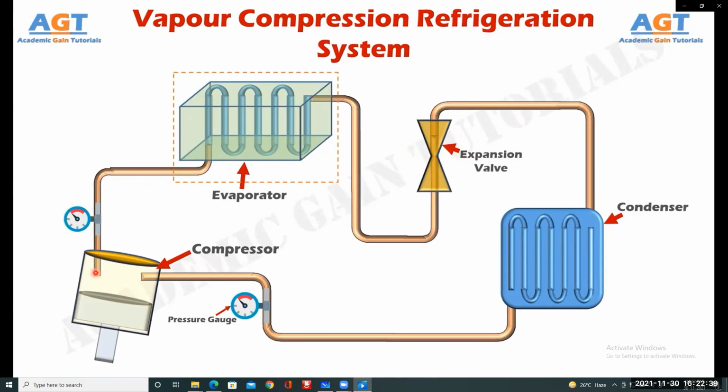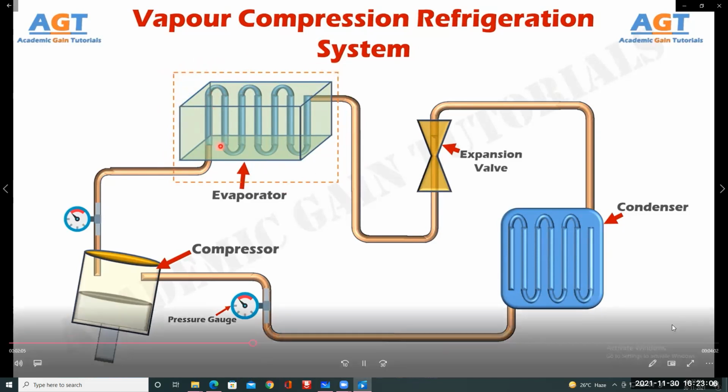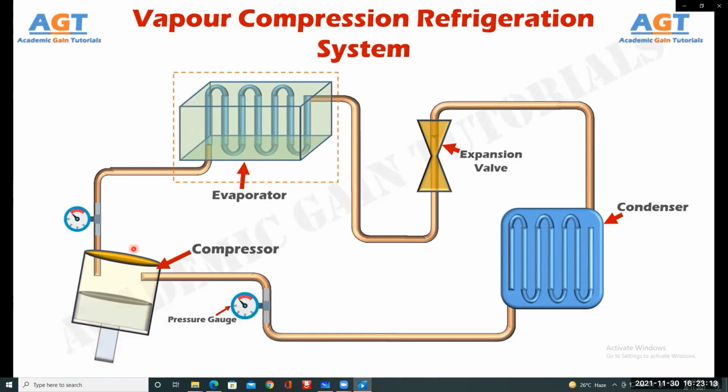Now, let's see how these components work. Throughout the whole process, our main purpose will be to ensure that a continuous cooling effect or refrigeration effect is obtained in this evaporator. We all know that the evaporator is the component where the refrigeration or cooling actually takes place. This evaporator is placed on the region where we need cooling, and then the evaporator absorbs all the heat of that region and passes that heat to the cold refrigerant passing through the evaporator coils, thus the surrounding environment cools down.